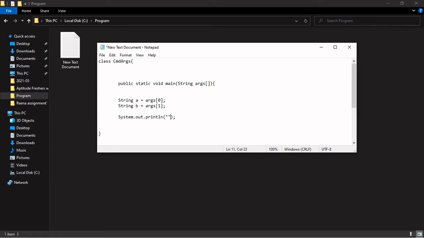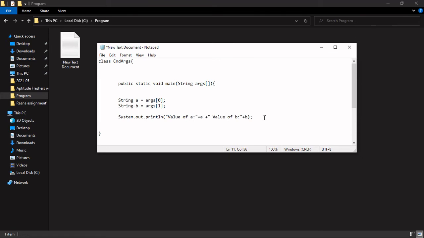In double quotes we can write value of A. Okay, concatenation operator, that is plus, and now we will be printing the value inside A, and again concatenation operator and in double quotes we will write value of B. Okay, now we will print the value inside B.